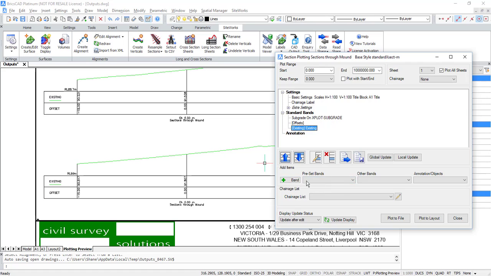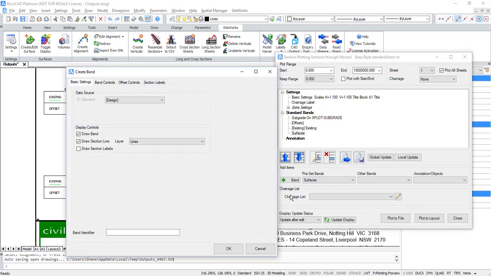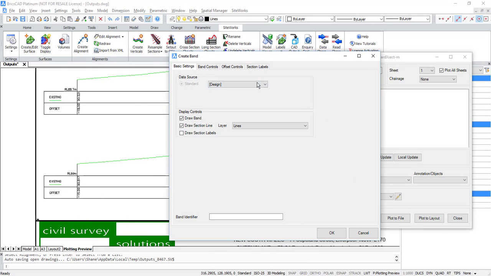So you see under here for bands, you can add preset bands, other bands, and annotation objects. We're going to add a surface band. In all cases when you've got multiple surfaces, you'll use the surface band. Layers tagged objects will let you use line work in the drawing to label on your cross sections, and height difference will be cut and fill, which we'll get to in a moment. When we click on surfaces, we're able to add a band. We go and pick the surface that we'd like to represent,